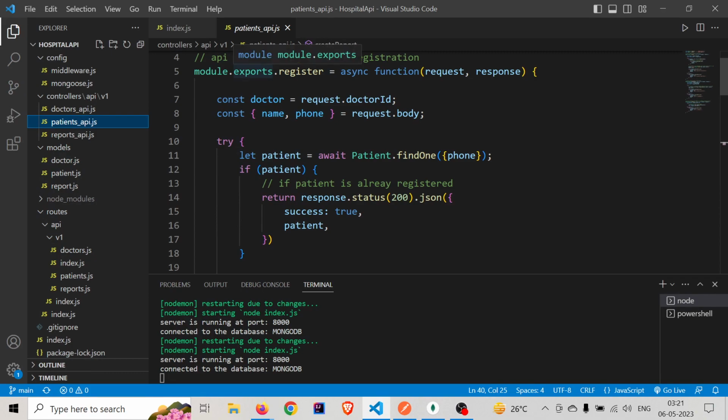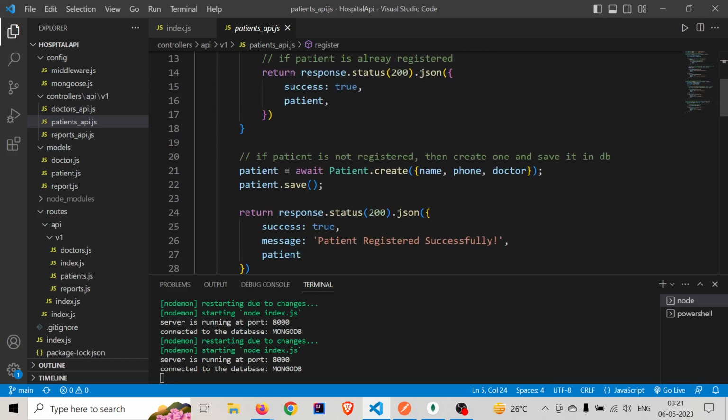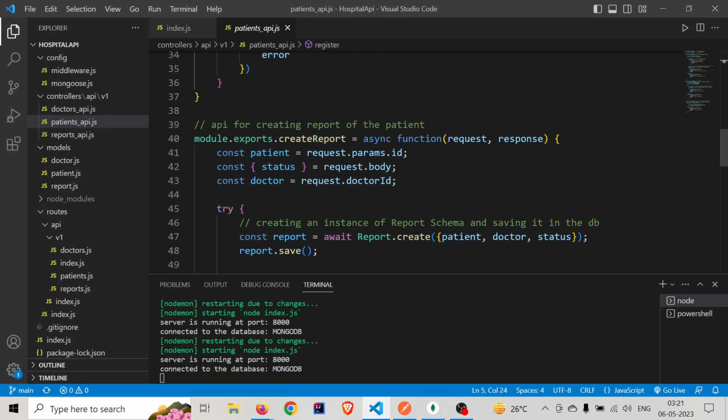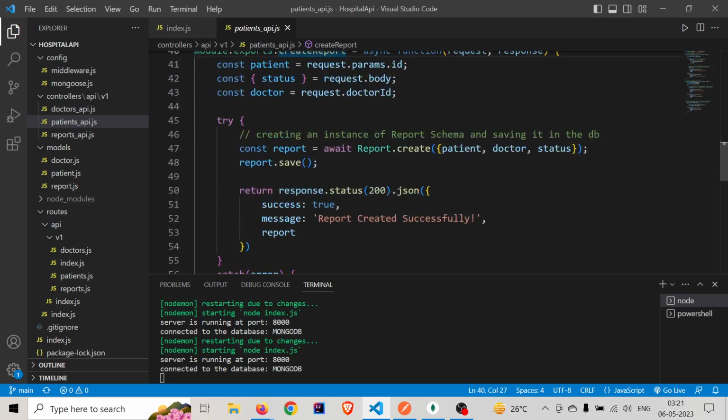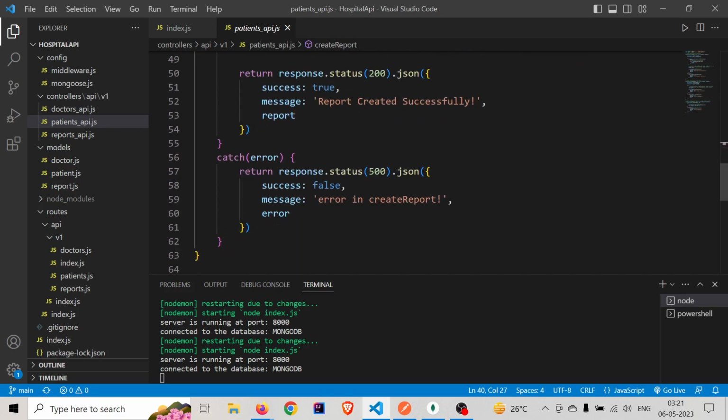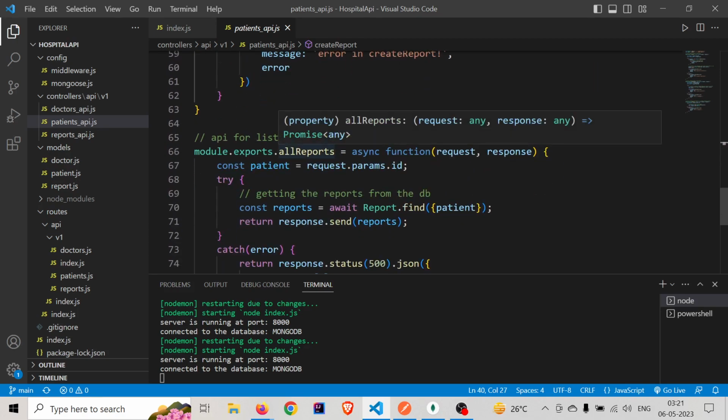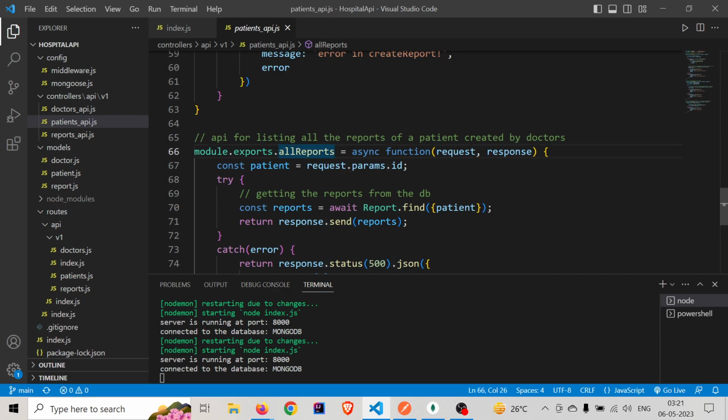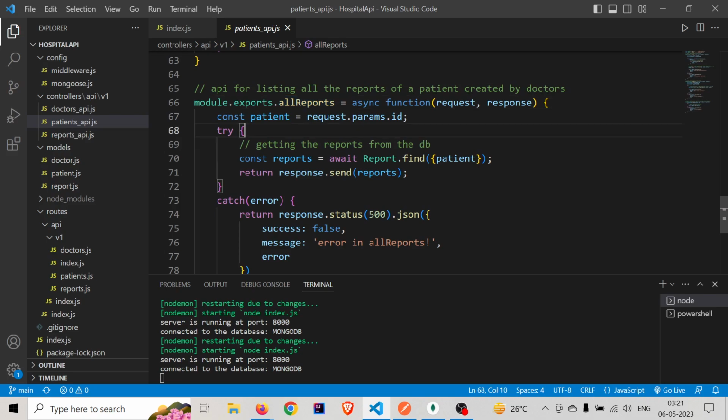In the register function, we are registering the patient in our database, and in the create report function, we are creating a report for the patient. Again, this will only get called when the token has been verified. Then we have one more function, all reports, which gives all the reports of a particular patient.